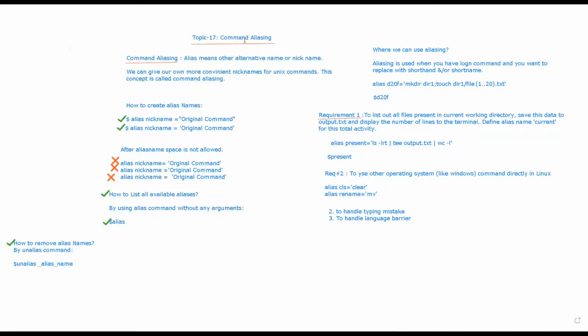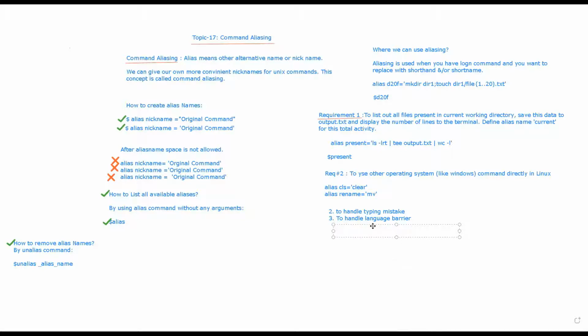For example, in case of the date command, right? Date command is used to display the date and the current time. But suppose you are German, and you want to refer to the date command, and you find the pronunciation a bit difficult.